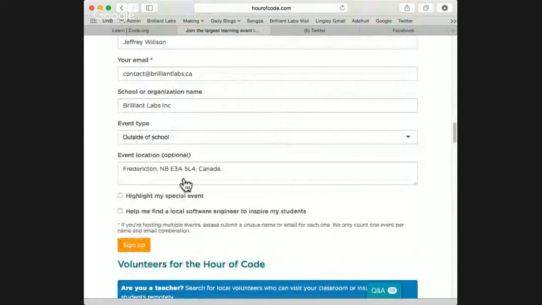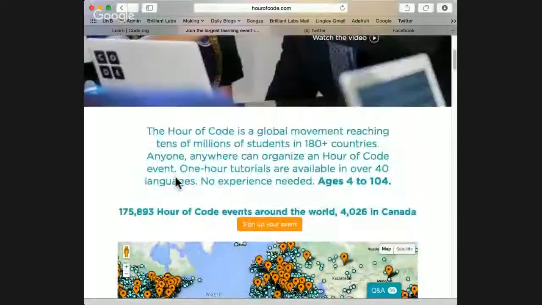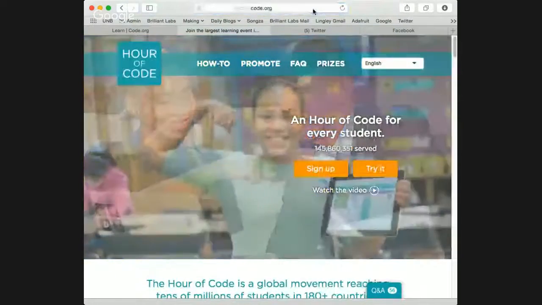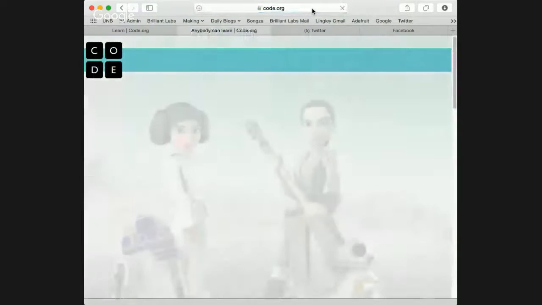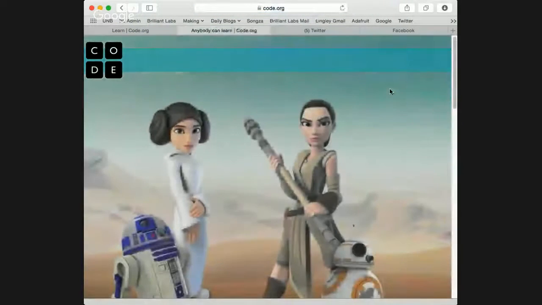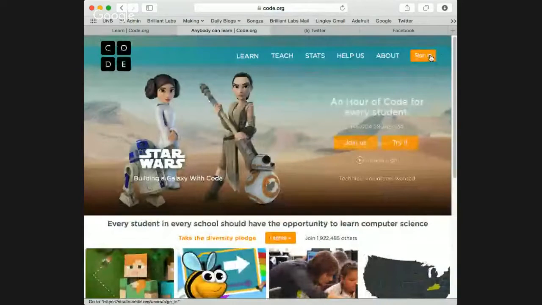But once you hit sign up, it's going to bring you to the how-to section of the website, and it'll take you through step-by-step how to do this. What I kind of want to focus on here is if we go to the parent website, code.org, this is where you can actually track all of your students' progress. And yes, you will have to